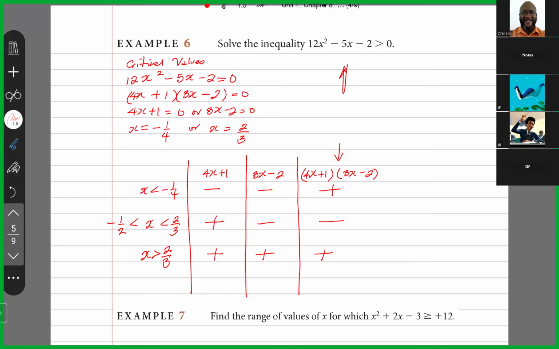Less than minus a quarter, and x is greater than 2/3. So to write the answer, you'd write it like this. The solution is all x such that x is less than minus a quarter,